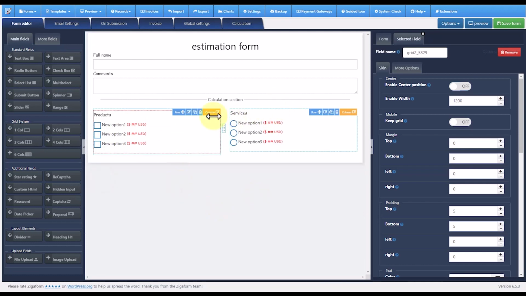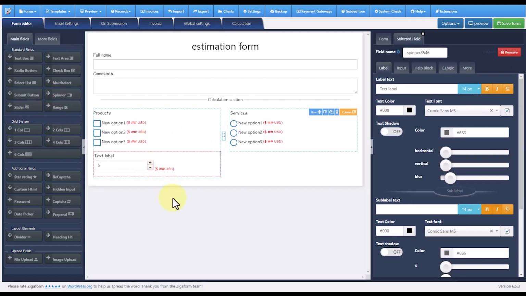There it is. And then I will use probably a spinner. I can put just quantity, and